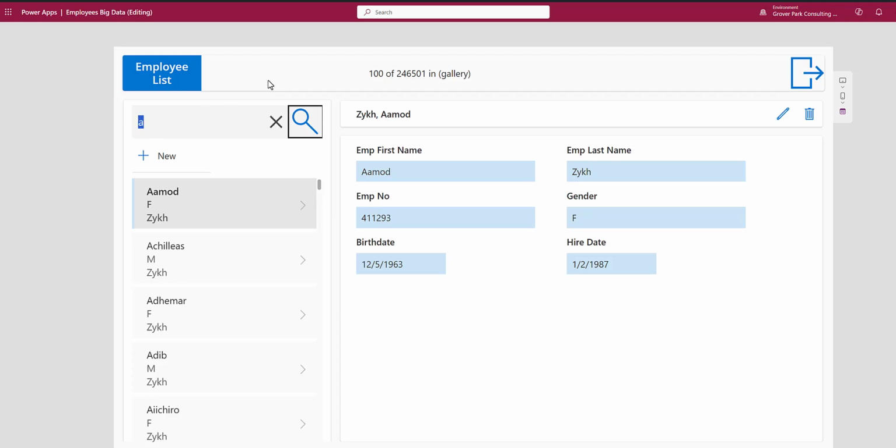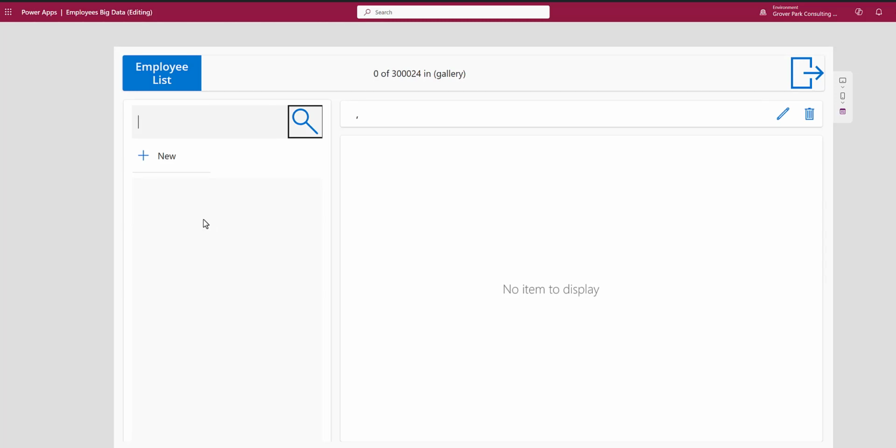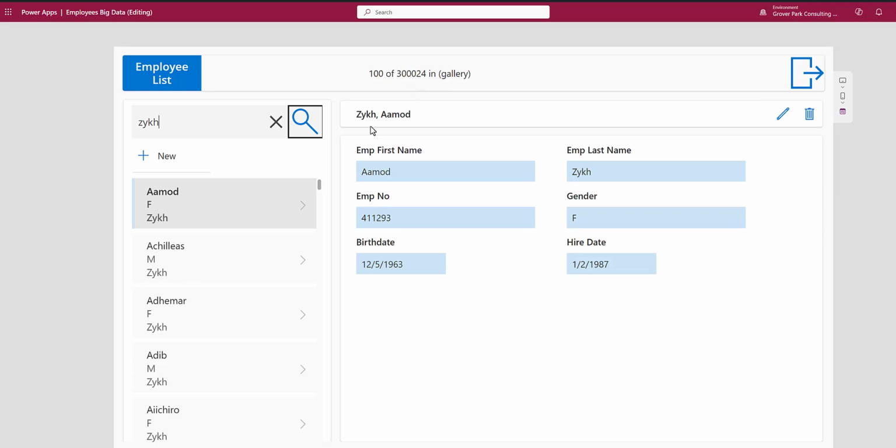Ideally, we never want to load more than the maximum number of records we have to load in order to meet our current requirement. In this case, we'll do ZYKH. And it starts out telling me there are 300,000. I will select the search icon to update. And it tells me that there are a total of 148